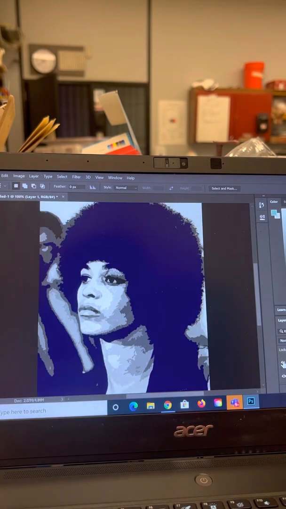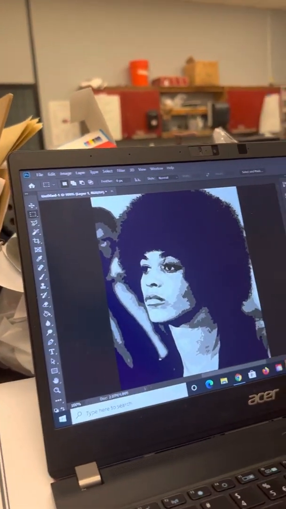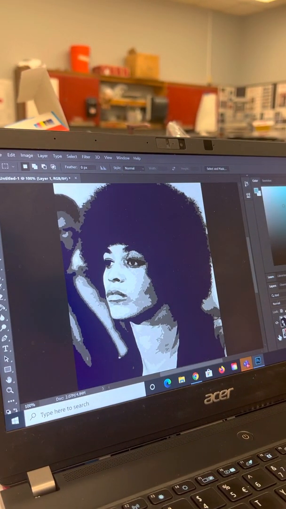And then I went online and I looked up somebody who has been important both socially and civilly and historically, and this is Assata Shakur. I was going to use Tupac, but then I went back a little further and I remember reading about Assata Shakur in college, so I picked this individual. So I Googled her image,